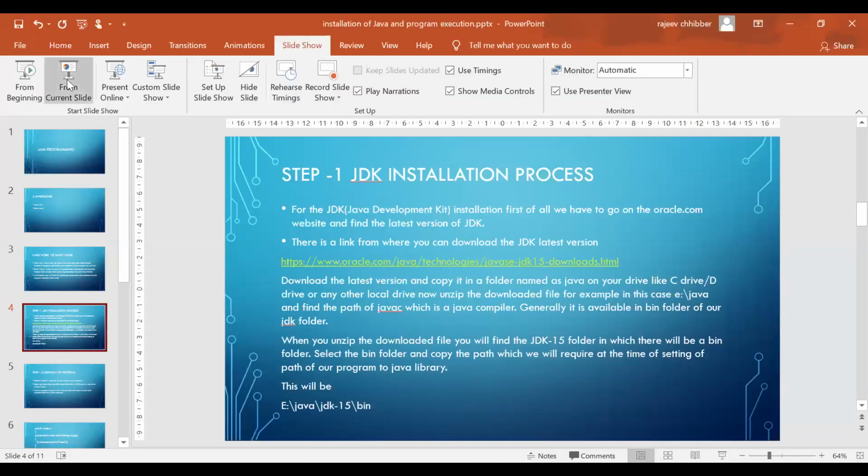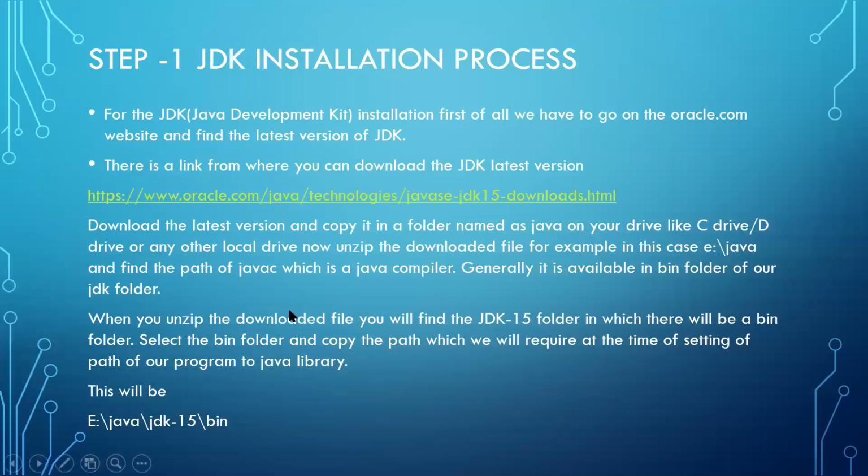Where did we get the path from? This is written here only. Download the latest version and copy it in the folder named Java on your drive, like C drive or D drive, whatever your choice. Now you have to unzip the downloaded file, for example in the case of E:\Java, and find the path of